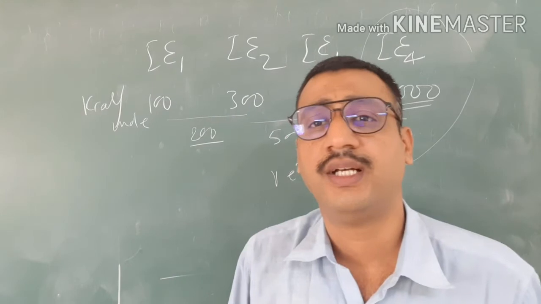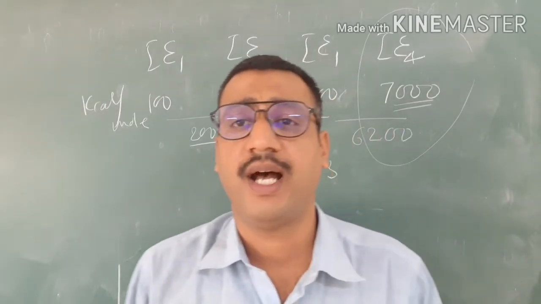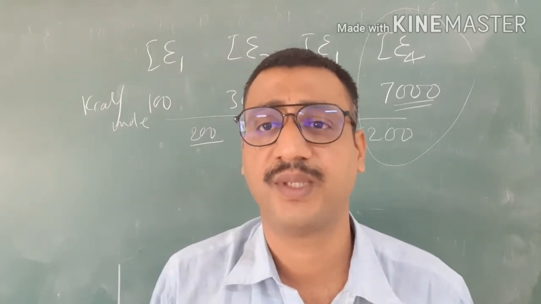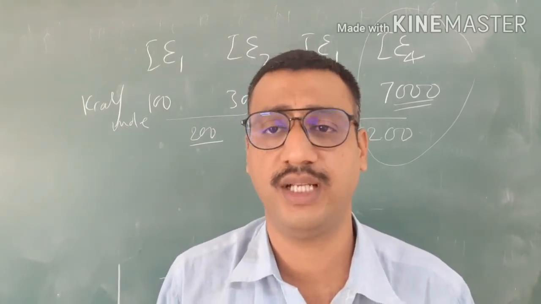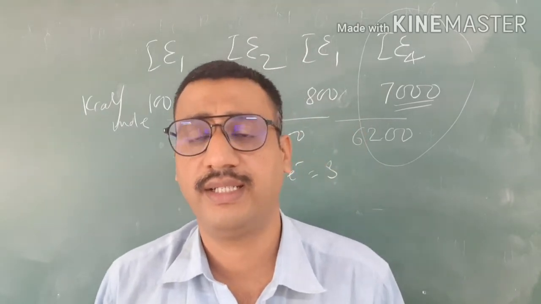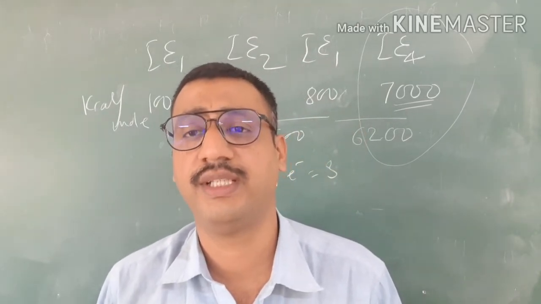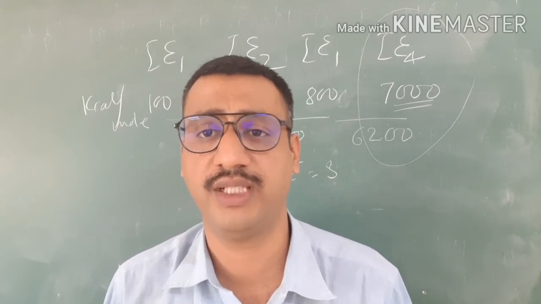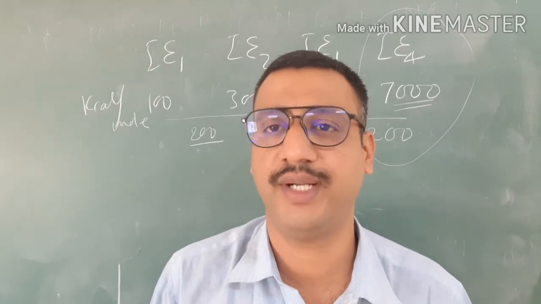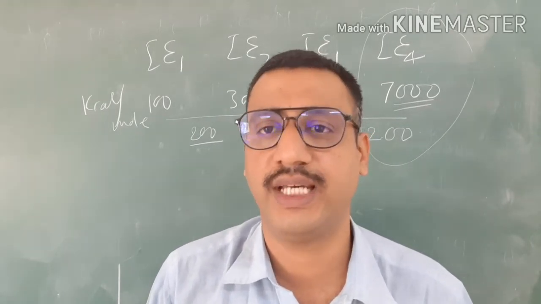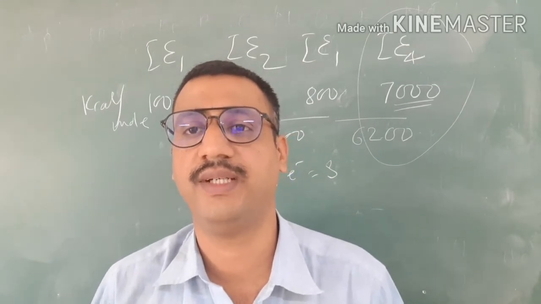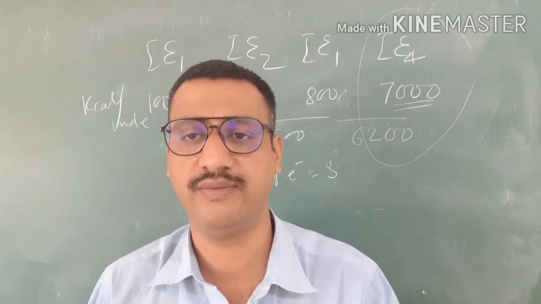Okay students, what I discussed today: ionization potential, ionization energy, ionization enthalpy definition, first, second, third ionization potential, how they are related with each other, and the unit for ionization potential. Then the discharge ray tube experiment used for the determination of ionization potential. Then the factors affecting ionization potential that we saw: size of atom, screening effect, effective nuclear charge, penetrating power of the electrons, s, p, d, f, and which electron is removed early and which is difficult to remove.